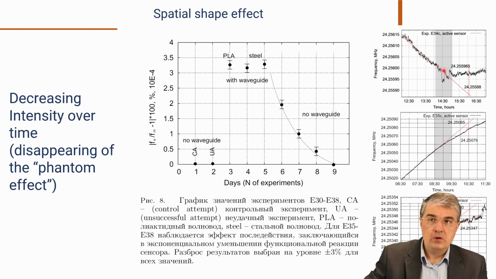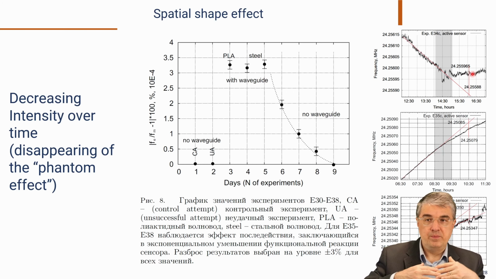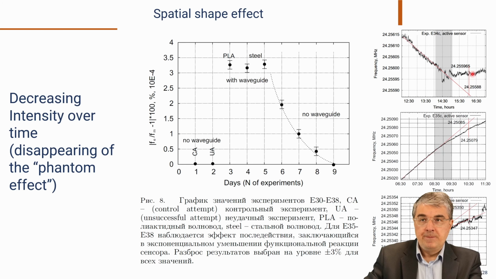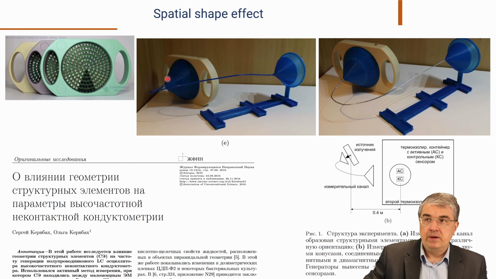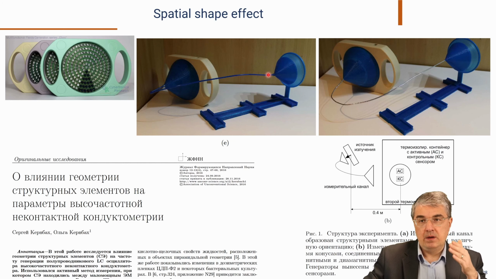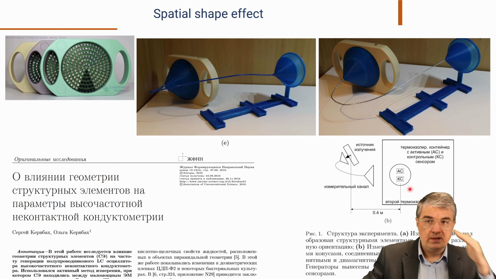Here is a background recording. This normally is a kind of flat behavior. If the generator is on, we see a change of trend. It's quite typical for electrochemical sensors, and we can express as a number the degree of perturbation from the initial trend. If, for instance, there is no waveguide, the sensor does not react. And during on and off times, we see exactly the same trend in the electrochemical sensors.